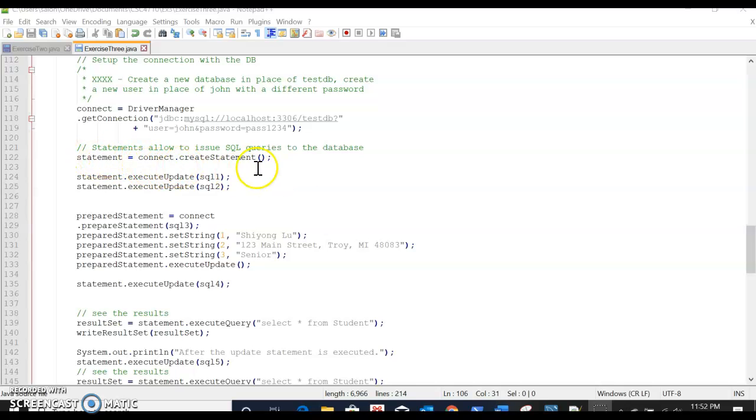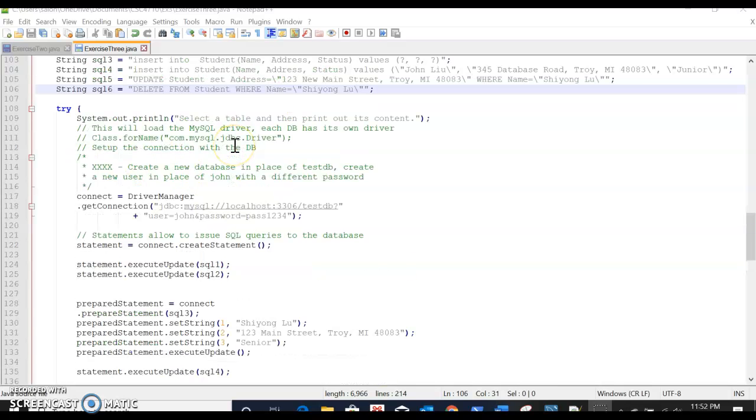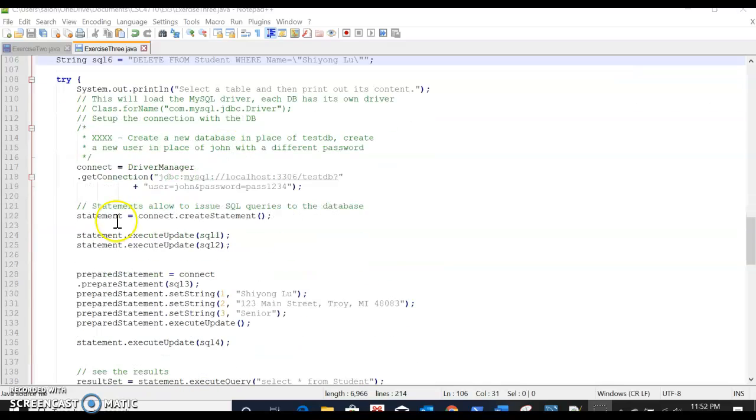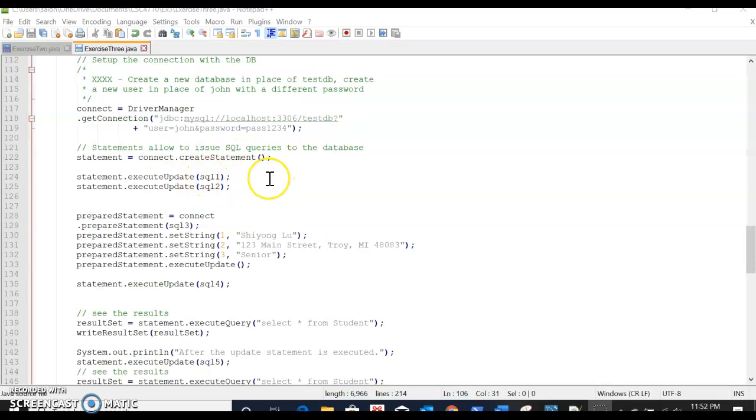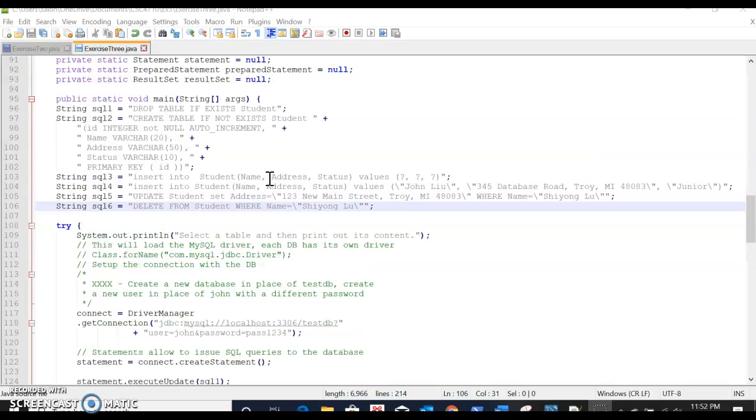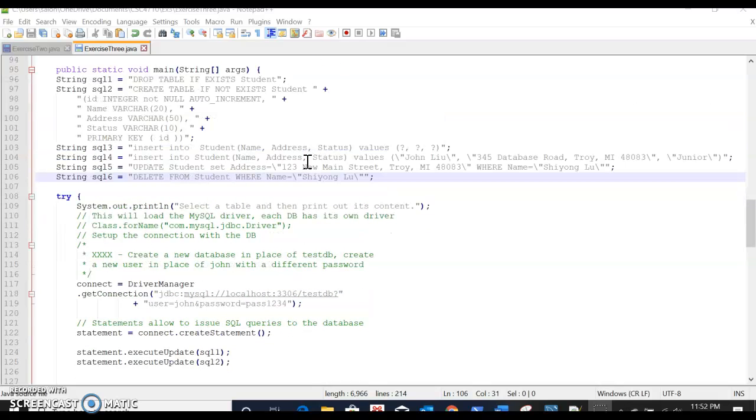We have a statement that we declared earlier, which we changed to connect.createStatement. So basically, we're starting statements. Then we have system execute update. So these are the statements, the strings that we declared earlier. So string drop table if exists student. So basically, it drops the table if it exists, which should exist, so it's supposed to drop it,